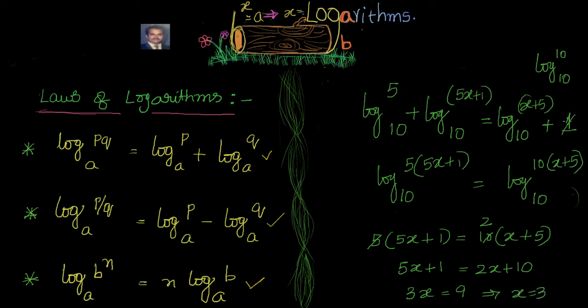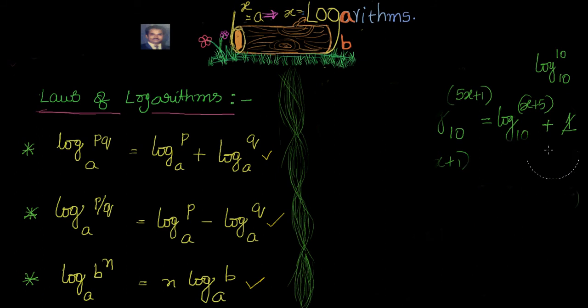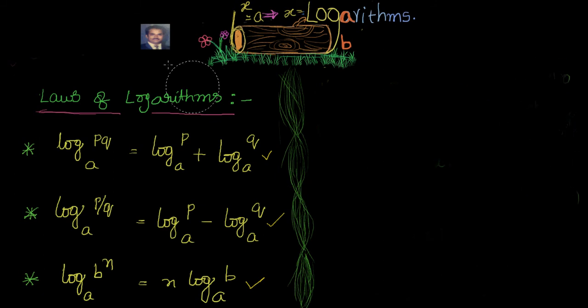Now from this problem what have we learned? We have learned that when I have an integer and the remaining are all logarithms, I have to convert that also into a logarithm so that I can apply the law and simplify them so that I can solve for x. Okay, that's the second one. Right, let's move. Interesting. Let's move to the third one. We'll see some simple problems.